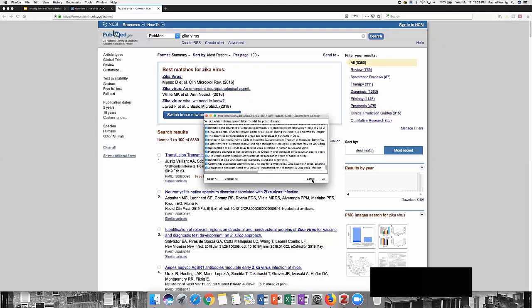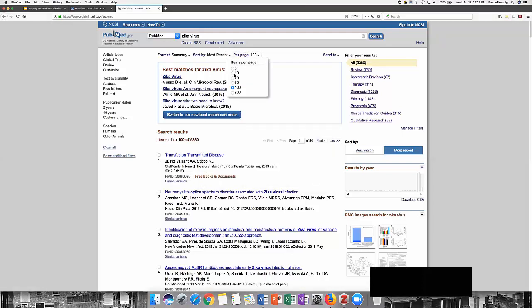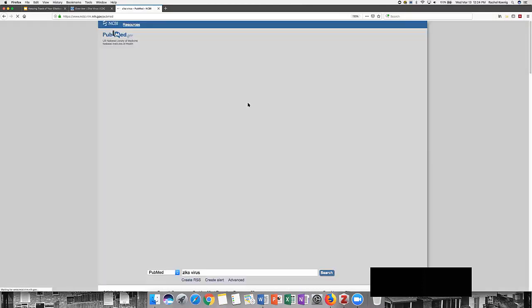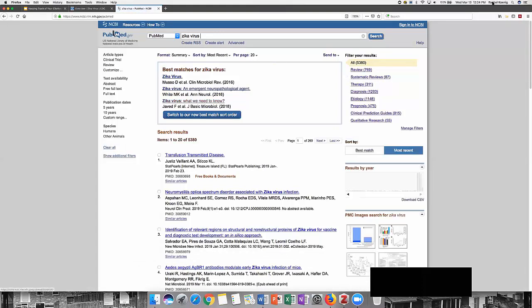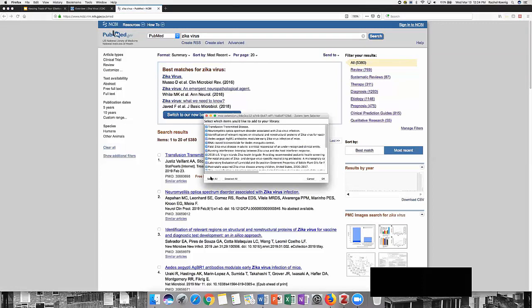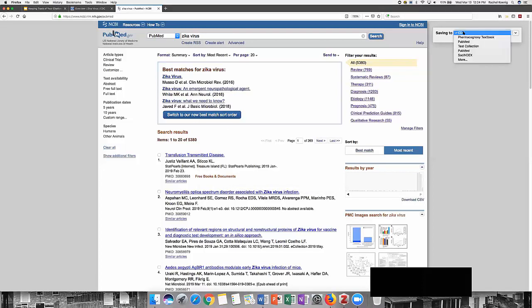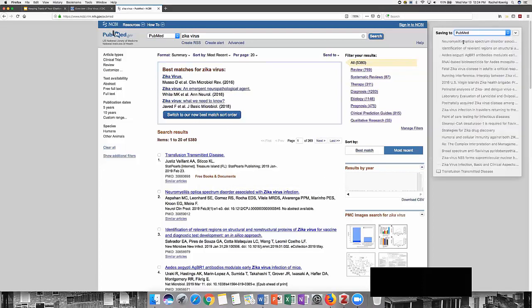I'm not going to do all 100 because that would just slow the computer and Zotero way down. That is one thing, the more citations that you import, the longer it's going to take. It shouldn't take too long, but not really useful during a webinar setting. So I'm going to select all 20, click OK, and instead of saving to CDC, I want PubMed,